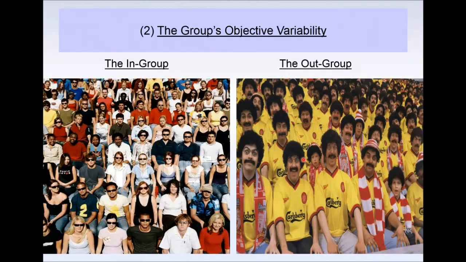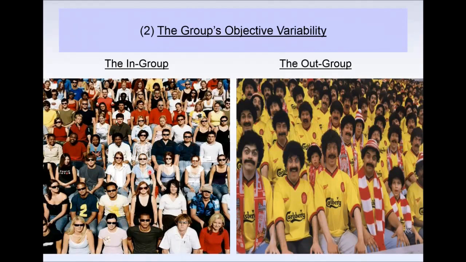What are you perceiving here in that case? You are perceiving an out-group homogeneity effect because you are perceiving your group, normal people, to be more heterogeneous than the out-group, the others who are quite homogeneous in the way that they look. And why are you perceiving this to be the case? You're perceiving it to be the case because it is in actual fact, objectively and in reality, the truth.